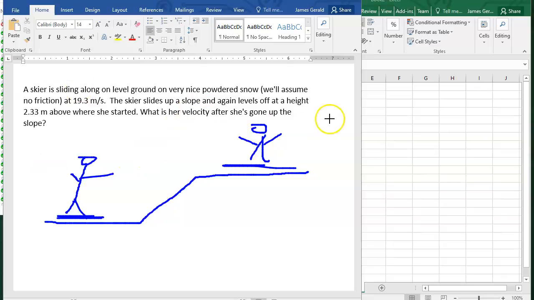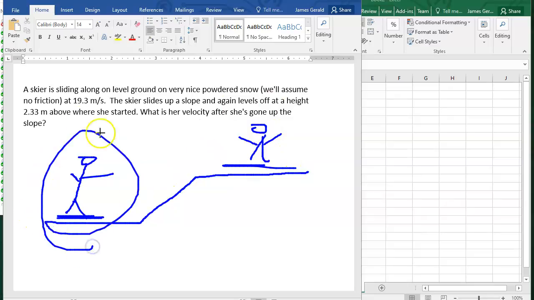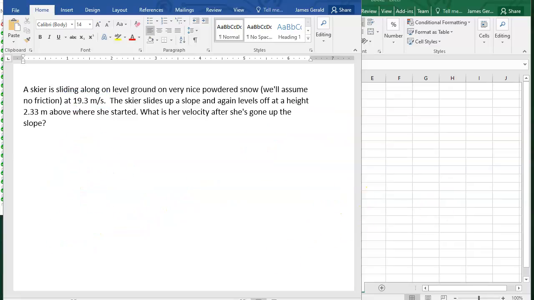The question is, what is this skier's velocity when she gets up here? We know down here her velocity, and up here we know how high she's gone. So we know velocity here. Up here, we're asked what's the new velocity? And the only thing we know is how high she's gone. Well, let's take a look at the